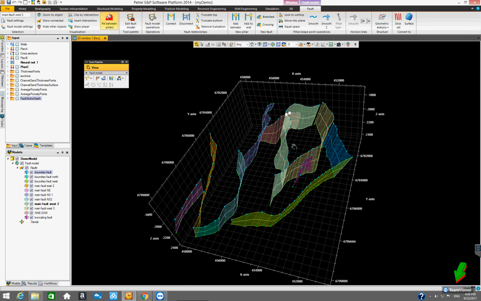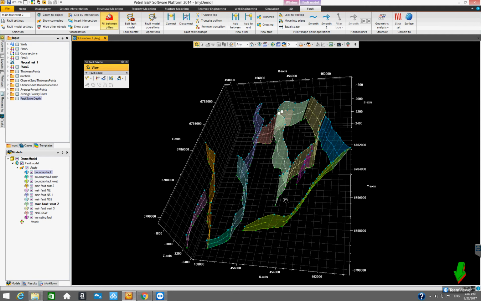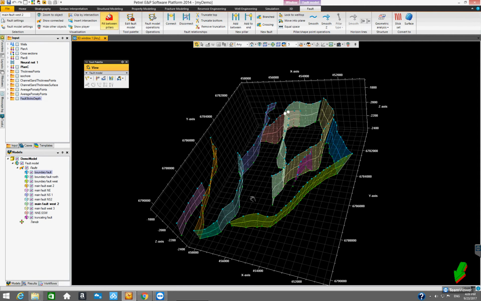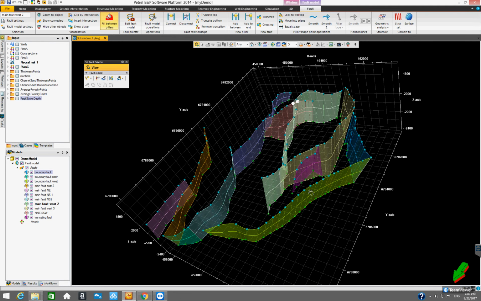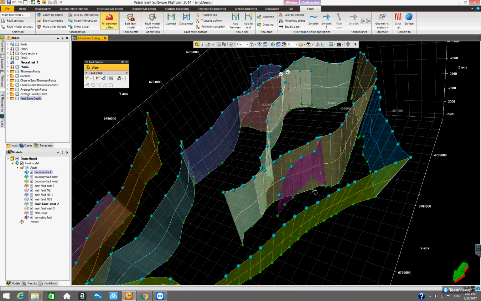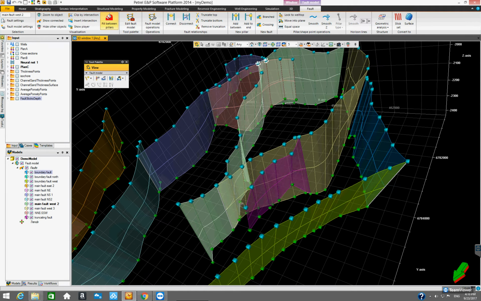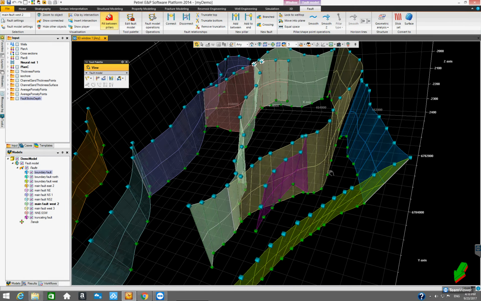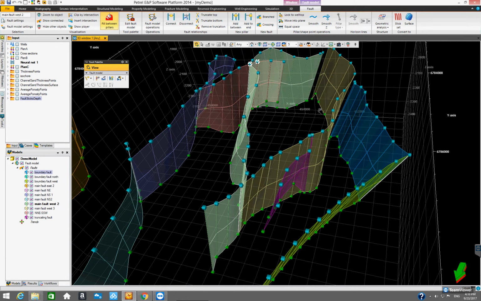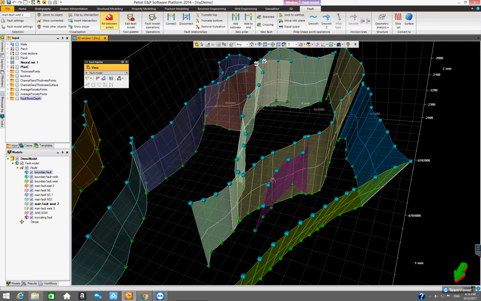And now we have to deal with this truncating fault. That's the difficult part. So how are we going to do that? Sometimes it's difficult to see these two faults with all the faults that are around them. So it might be a good idea to turn off the display of all the other surrounding faults. If we just want to display these two faults,